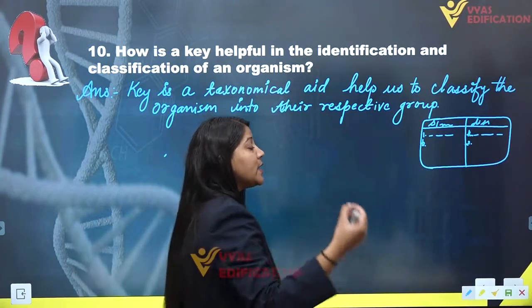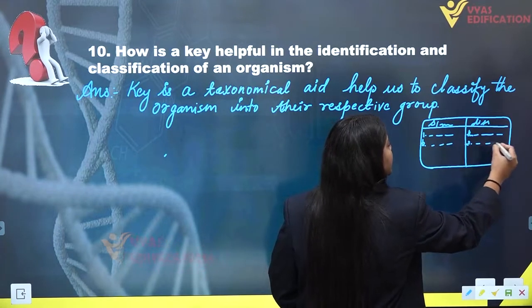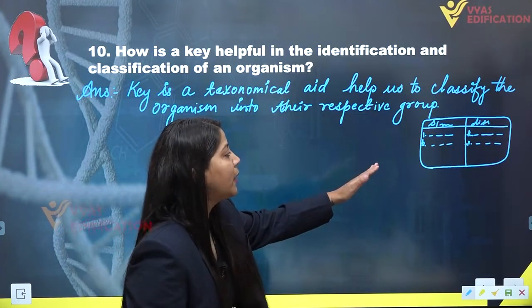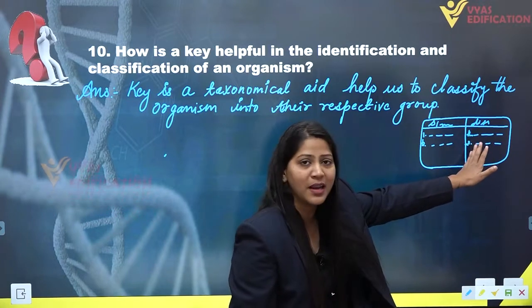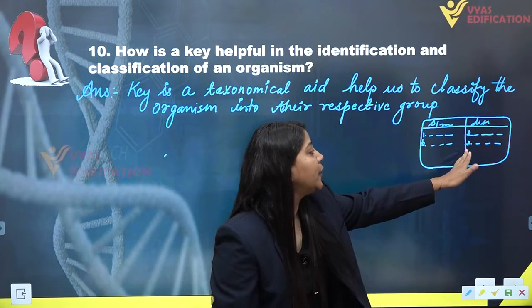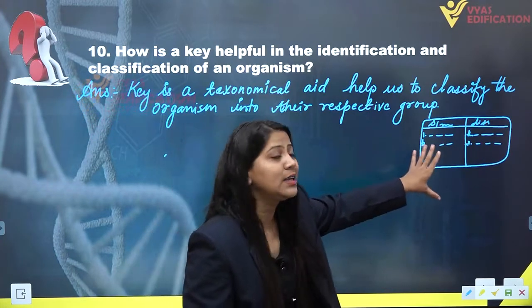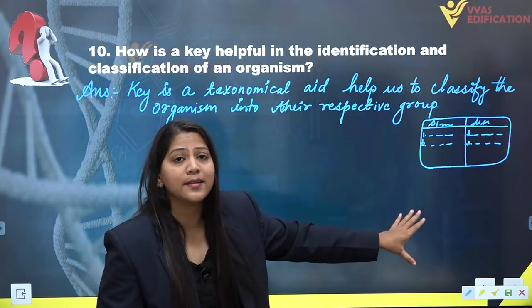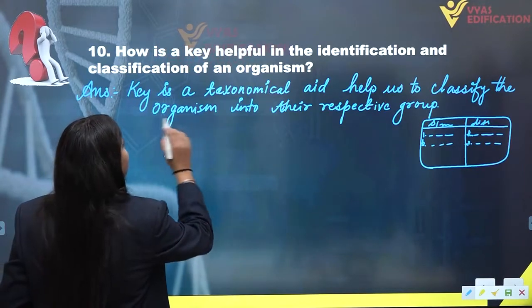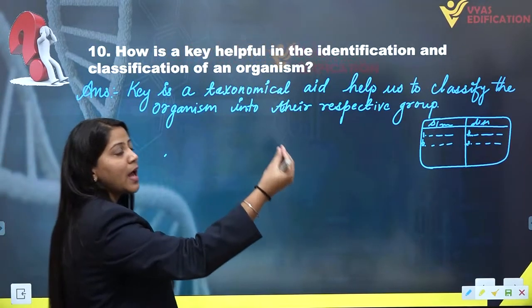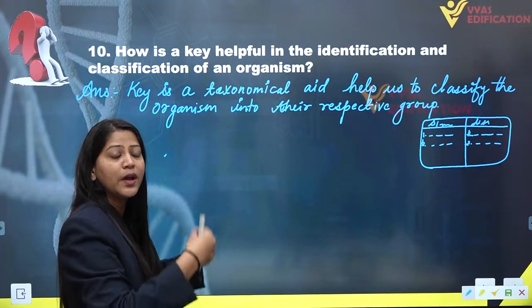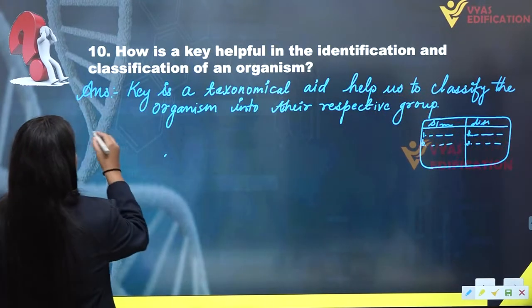And each individual statement, suppose statement number 1 or statement number 2 in the similarities column, or statement number 1 or statement number 2 in the dissimilarities column, each statement in a key is referred to as a lead. So I'm writing here that key is a taxonomical aid which can help us to classify the organism into their respective group, and